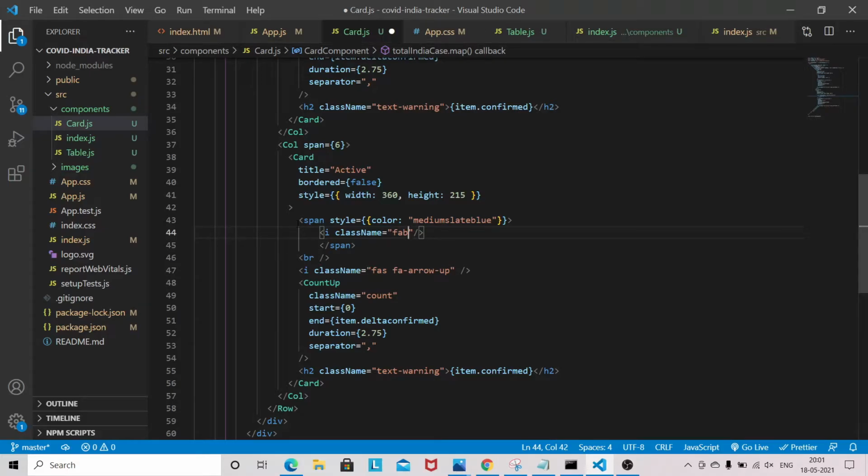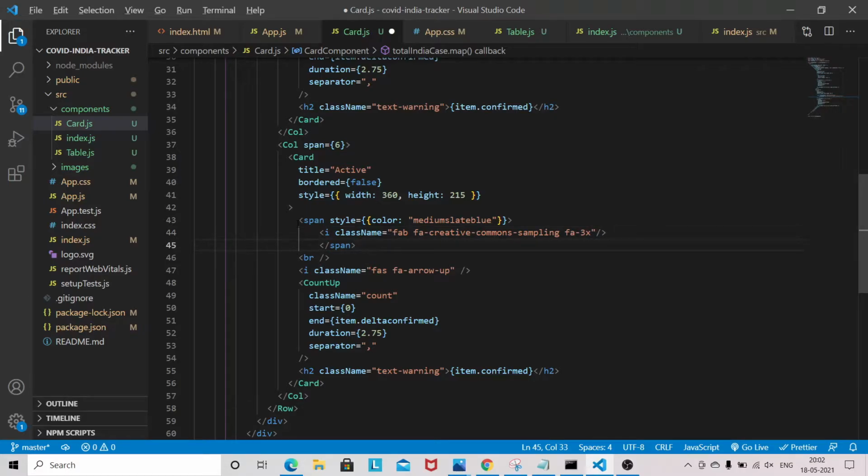So class name will be FA, and the icon for creative common sampling, and I will be increasing the font using fa-3x.